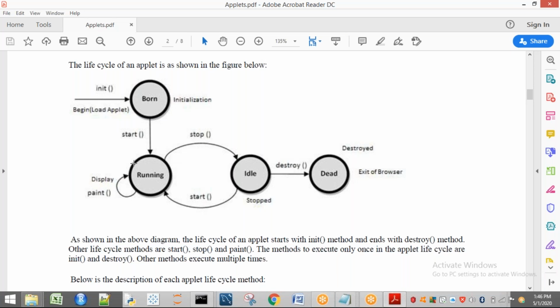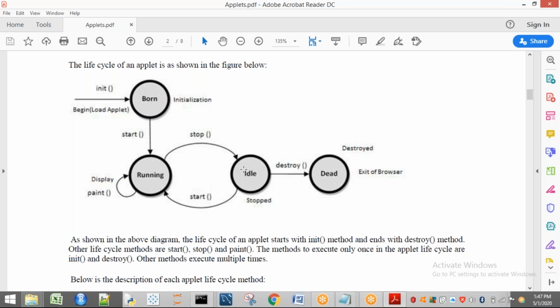Okay, while running, if you want to perform any painting, that means draw line, draw rectangle, draw oval, fill oval, if you want to execute these types of methods on an applet, we have to use the paint method. So we are mainly focusing on this paint method when we go to our swing concept. Okay, don't worry, I will show you. Next one, while running, if you want to stop your applet, stop is not related to destroy. Stop is different, destroy is different.